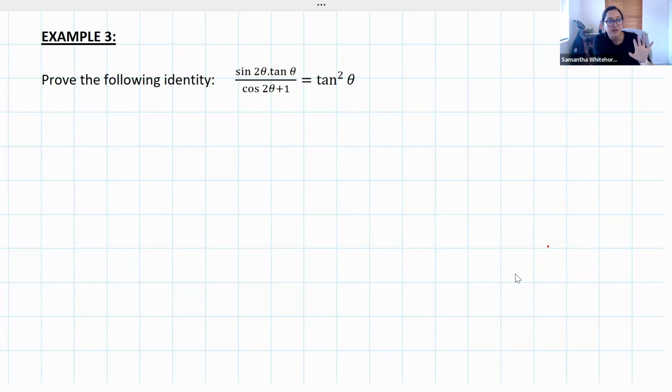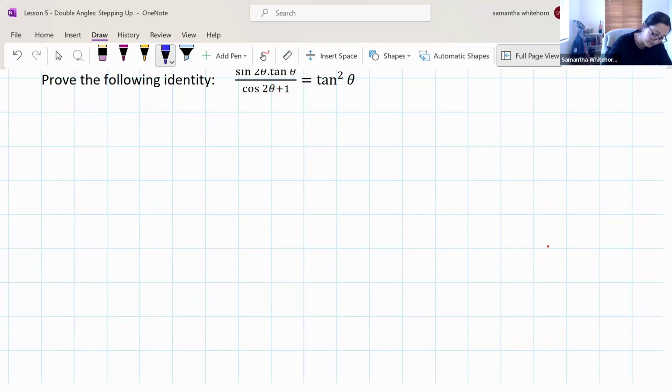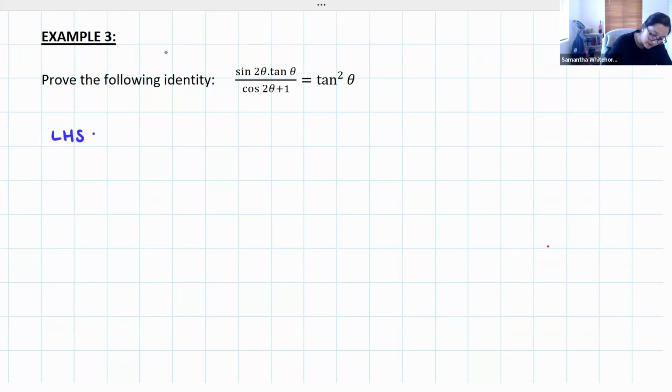But if you look at the left-hand side, there is not only a tan, but there are also double angles. There's a sine double angle and there's a cos double angle. And because there's more that we can manipulate on the left-hand side, that's the side that we're going to start with. Okay. So my left-hand side is the sine 2 theta times tan theta